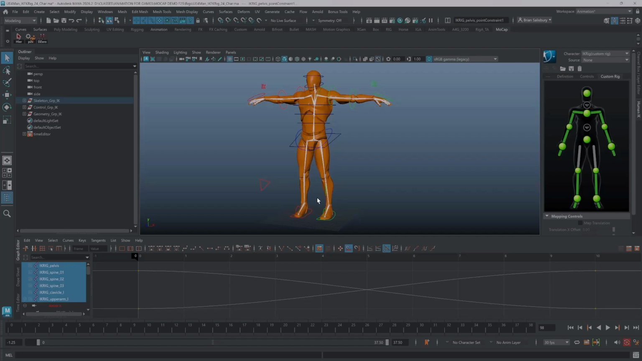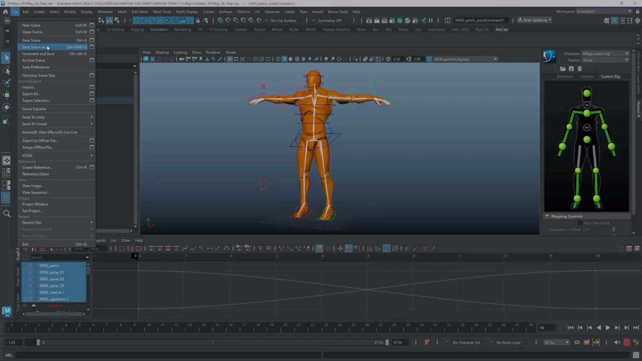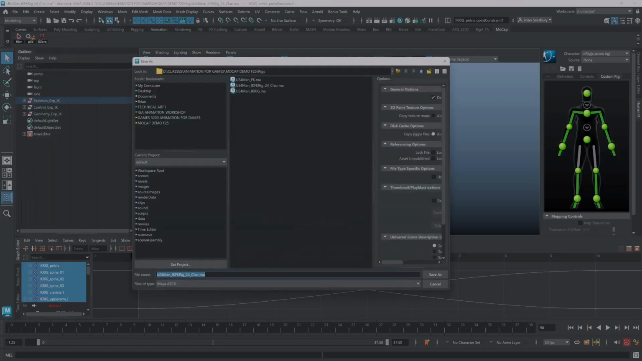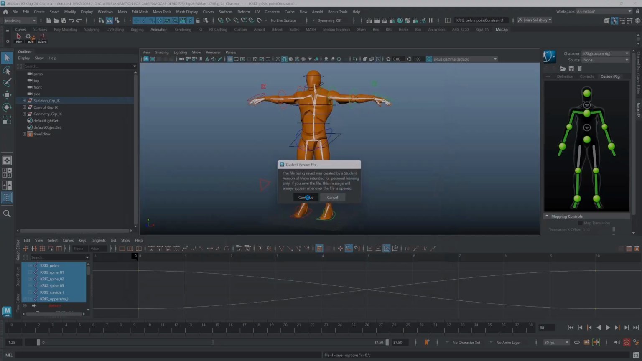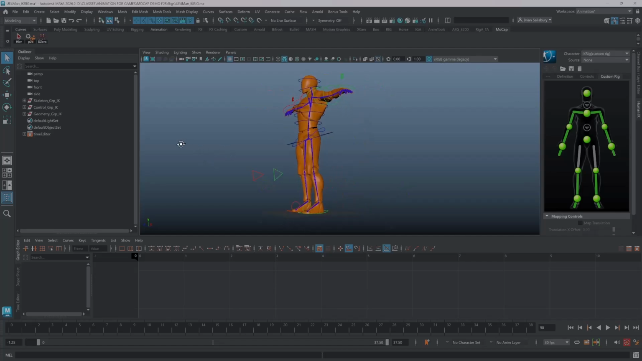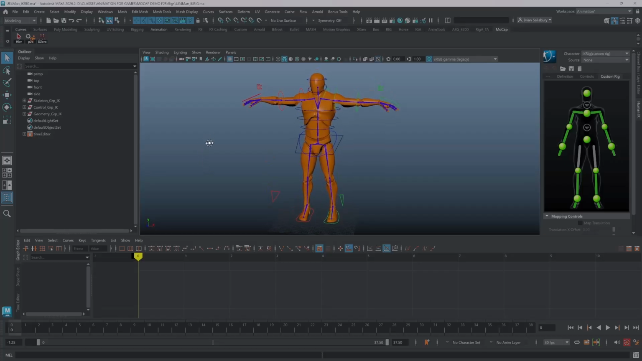Now what I'm going to do is just save this out. So save scene as, and this is the one that's on the home page here. I'm just going to rename this to IKRig. I've already done it once, but let's just save it again. Save as. Okay, so now if I were to import another file that has some work on it, I think it's going to work a lot easier. So for instance,